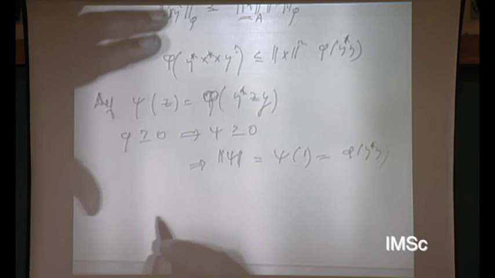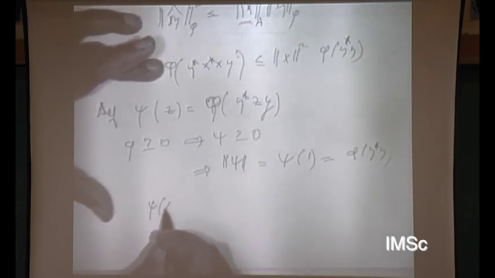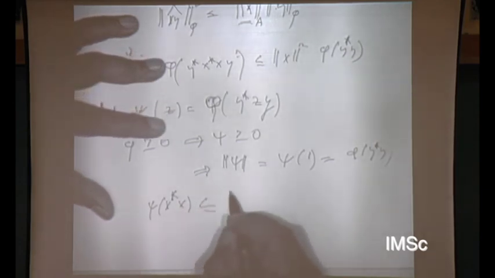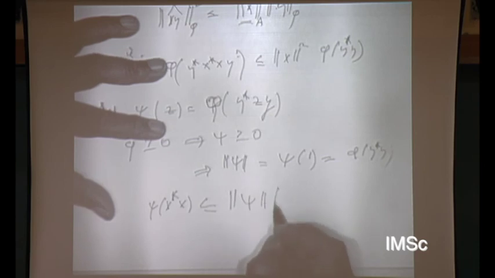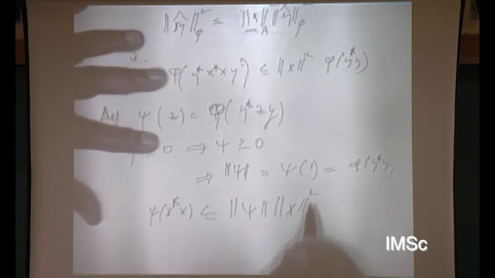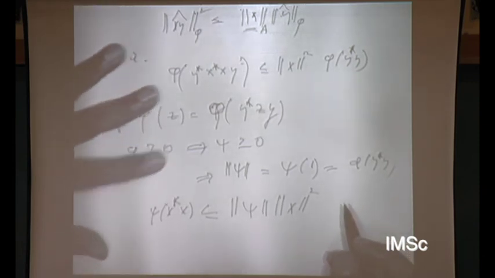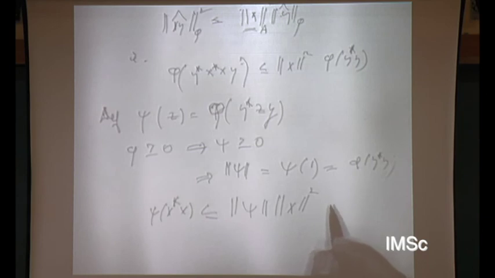So what do we have here? We have C of x star x, certainly less than or equal to the norm of C times the norm of x squared. But then that is what we wanted to prove. So this proves that we have a mapping pi phi from A to the space. This proves what we verified is that